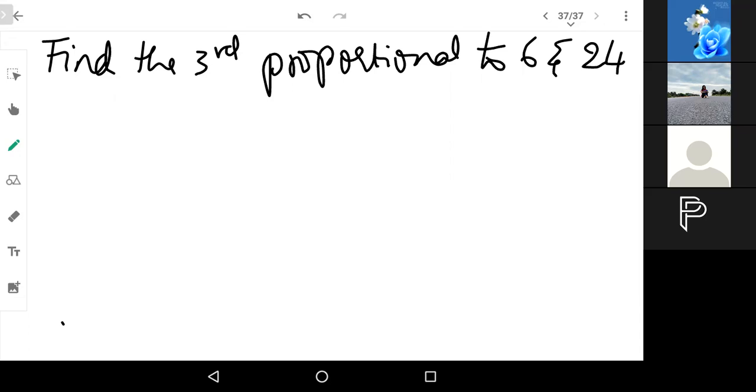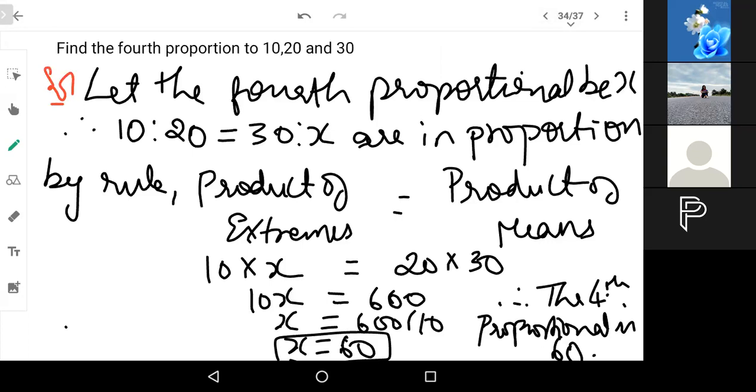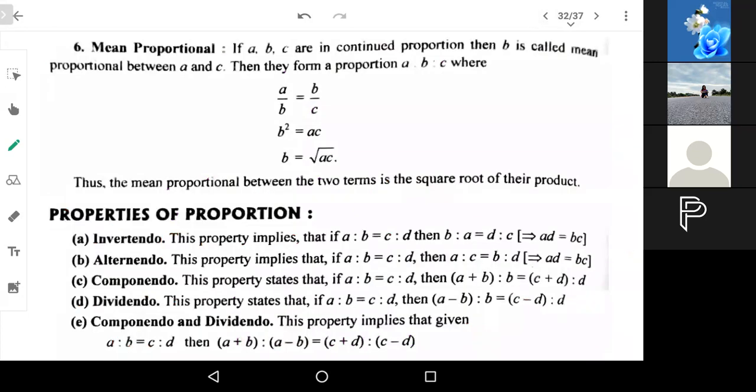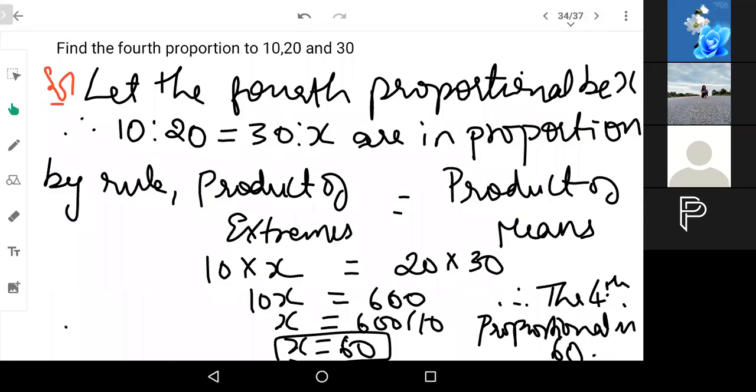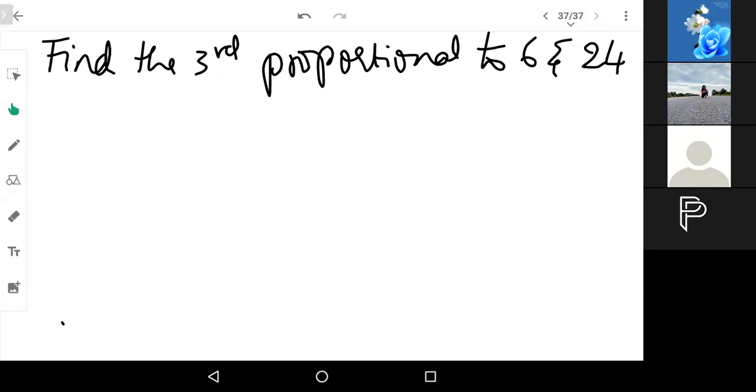Now if you remember the types of proportion, we learned mean proportional. Okay. Now when they say A, B, C are in proportion, we are supposed to, no Inas, 12 is not the answer. We are supposed to use B is equal to square root of A into C and find the answer. So whenever you get two numbers and they ask to find the third one,